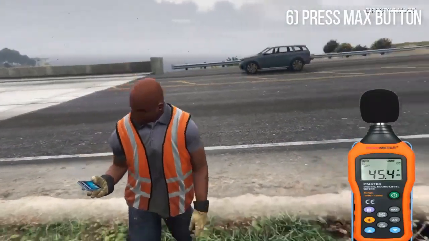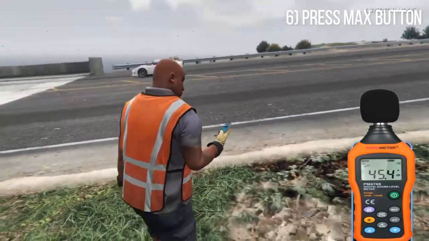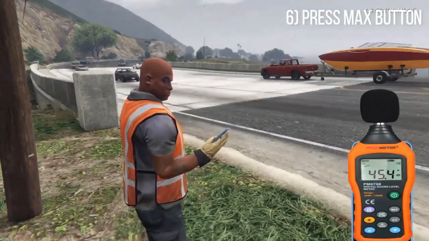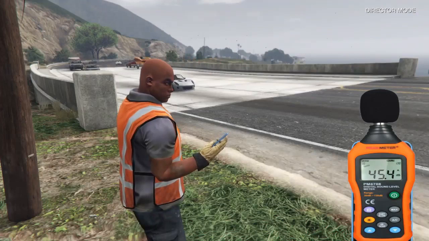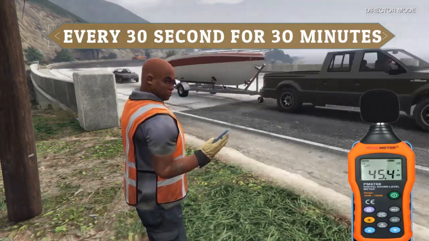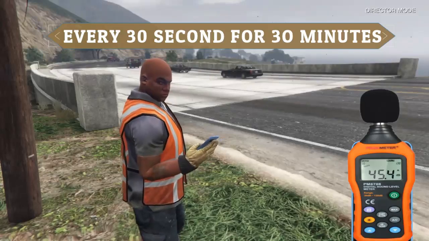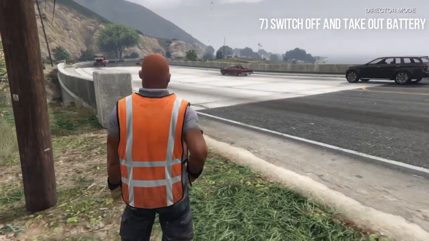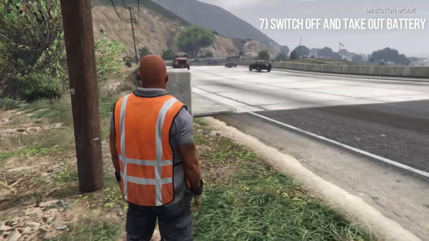To reset, select the maximum button again and it will clear the maximum reading. The sample was taken for a total duration of 30 minutes, and the noise reading was taken every 30 seconds. After the experiment is done, I turn off the sound level meter, take out the battery, and